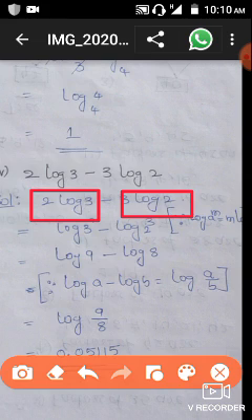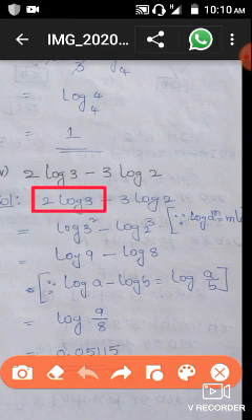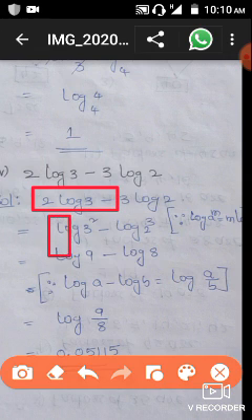So we should write the LHS. So we can write this as log a power m. So here log 3 power 2 will come. In the place of m, 2 is there, so log 3 power 2. Which formula? Log a power m equals m into log a. The question is given in m into log a form, so we are writing in log a power m form. So log 3 square, or 3 power 2.